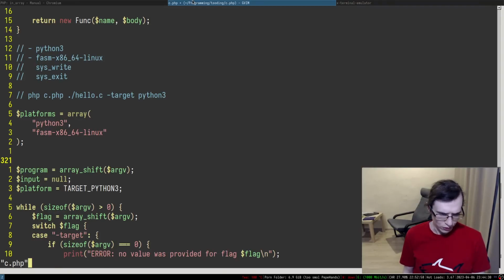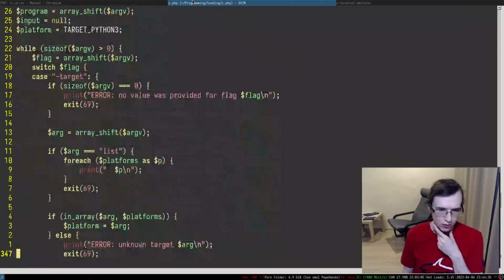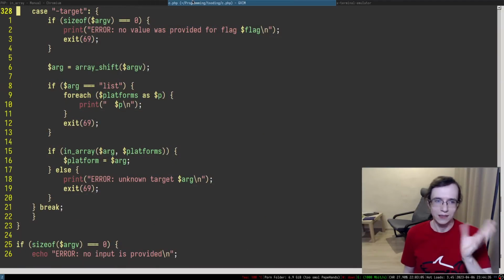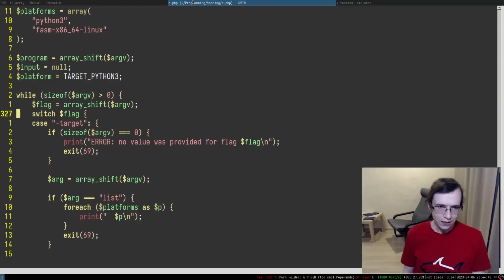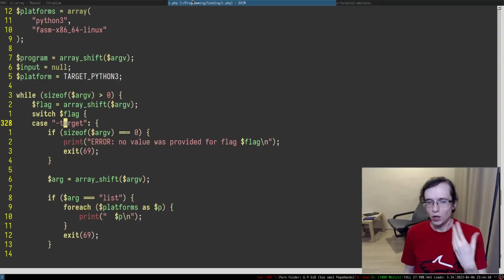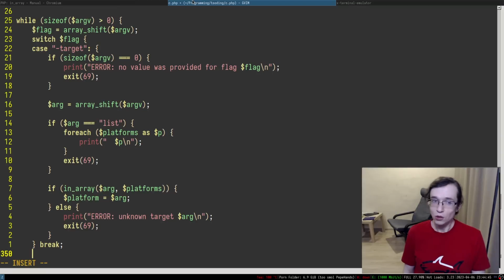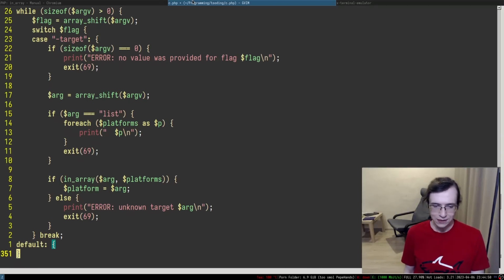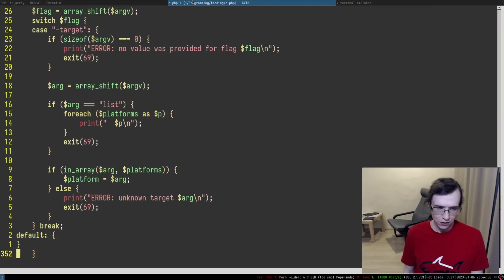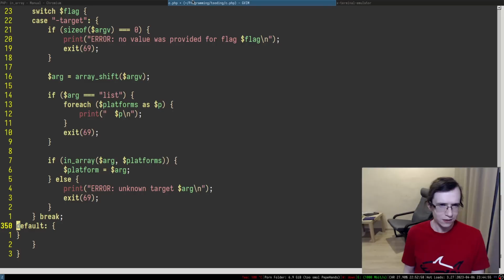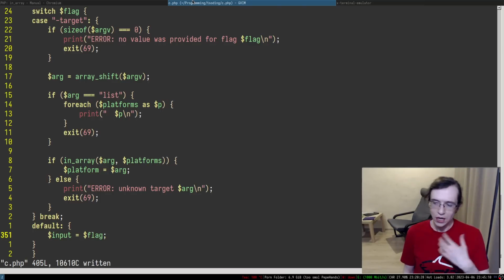So, okay, we don't really need this code in here. It was just experimental code, it doesn't really matter. So we basically set the target, right? And then we basically handled one of the flags. We handled the target flag. And if we encounter an unknown flag, we can basically set this flag. Why does it autocomplete default in such a weird way? I wonder. But in any case, we can basically set this specific flag as the input. We just set this flag as an input.